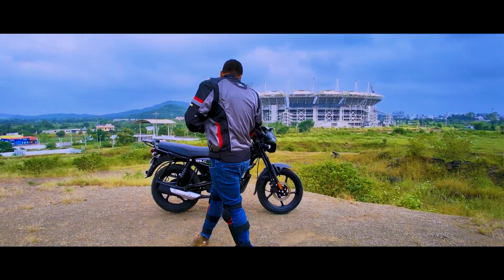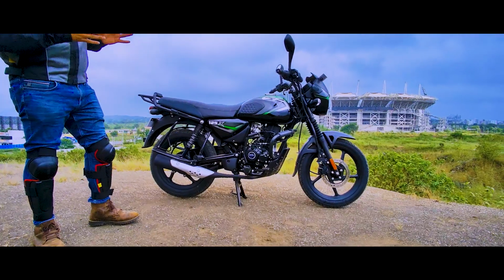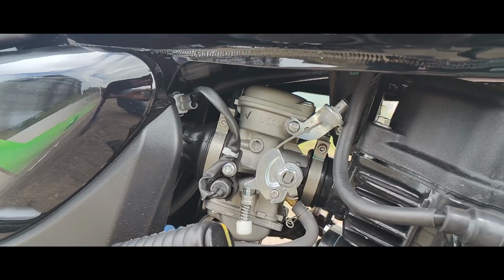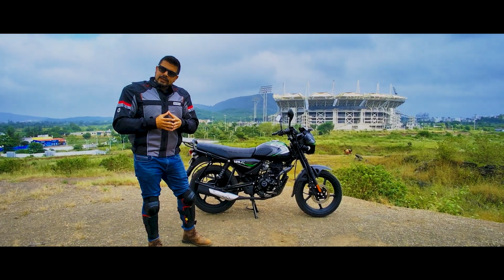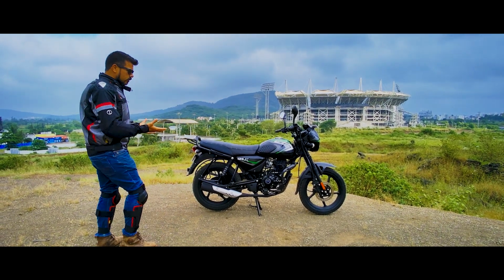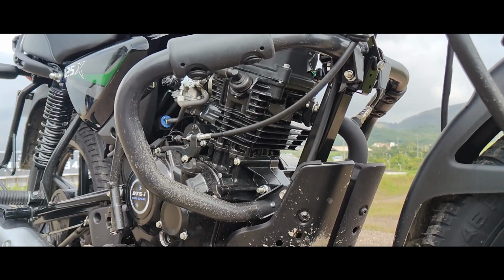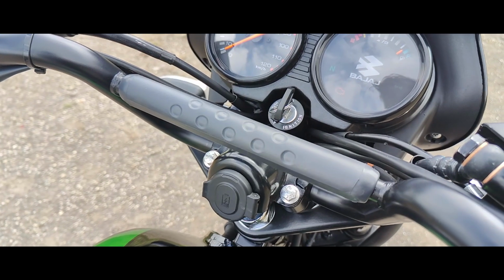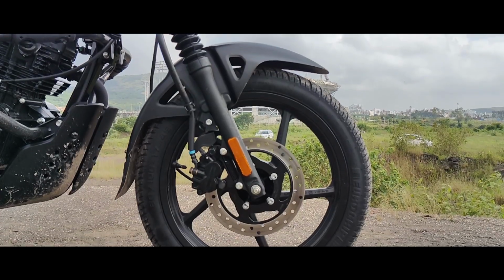At the heart of this motorcycle is a 125cc air cooled engine which interestingly doesn't have FI, it still operates on an e-carb. So Bajaj have found a way to go around the FI to comply with the BS6 norms and use the resultant cost savings in adorning this motorcycle with some rugged bits like this crash guard here, this carrier here, the brace on the handlebar here, this raised front fender, the gaiters,